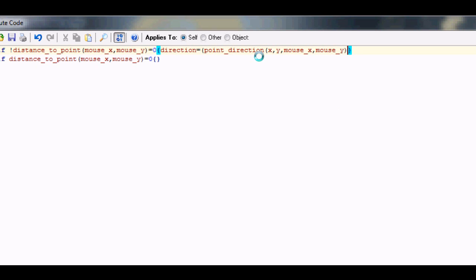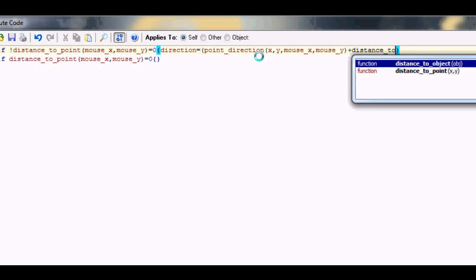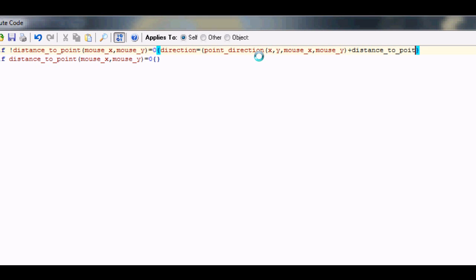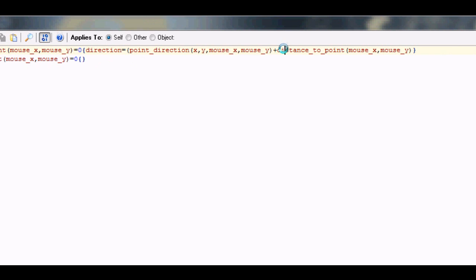So then that's the value for the direction when you're pointing towards the mouse, and we need to add how close you are to it, basically. So let's add distance to point mouse X, mouse Y. Okay, so this would probably work right here, but earlier we made the